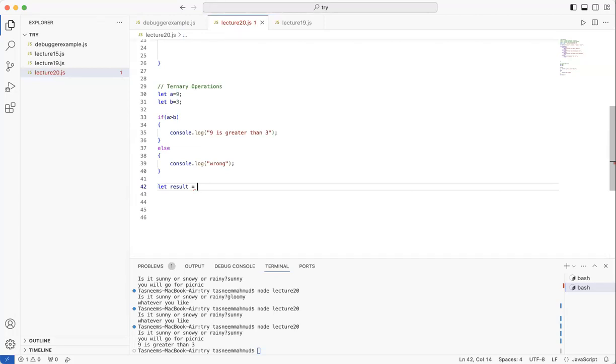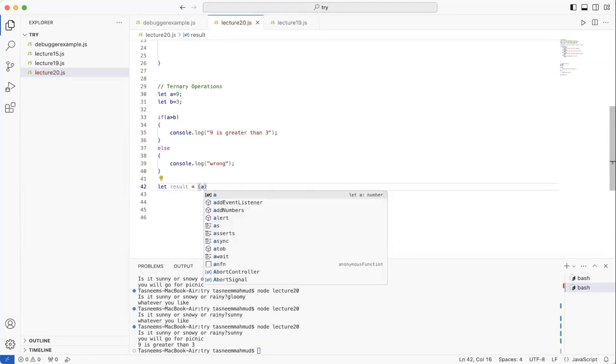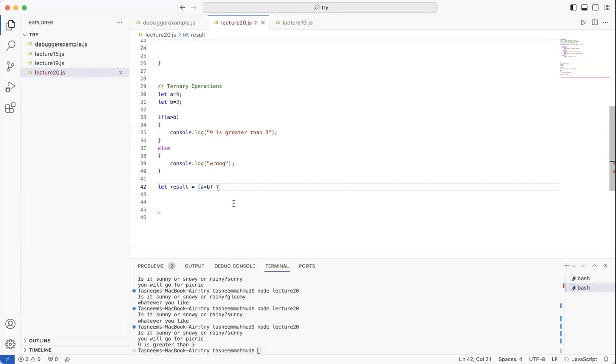In this case, what's the condition? Guys, A is greater than B, right? So that's the condition. So after that, we write a question mark because that is the condition. Am I correct?